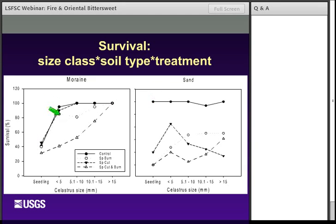And so we think that this is another indication of the impact of that heavy rainfall in that spring, causing mortality of seedlings on the moraine where the water tended to pool, whereas on the sand the water would just drain off. We see also that these graphs show in the moraine a tendency of increasing survival with increasing size class. And we see some of that also here on the sand, but the